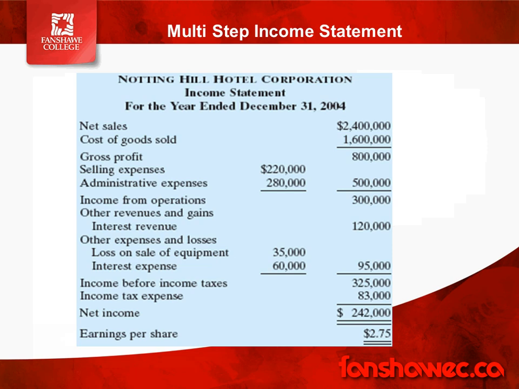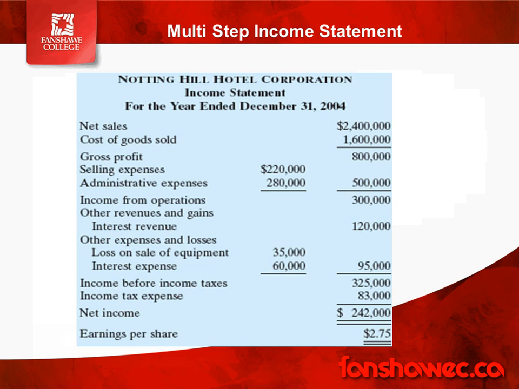But if this is obviously a hotel, they're still going to be renting out rooms. They're still going to have sales revenue from renting out rooms. Okay, so the most important section is this income from operations, this section up here, going from the $2.4 million